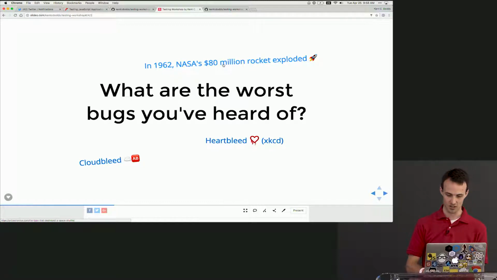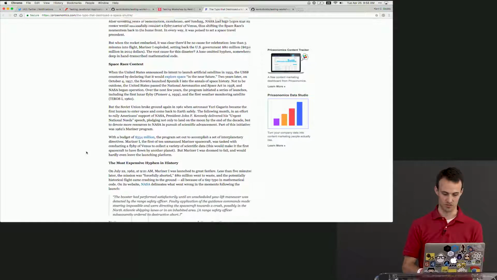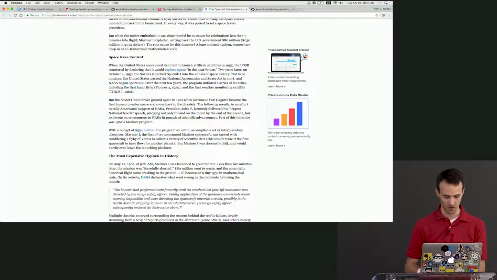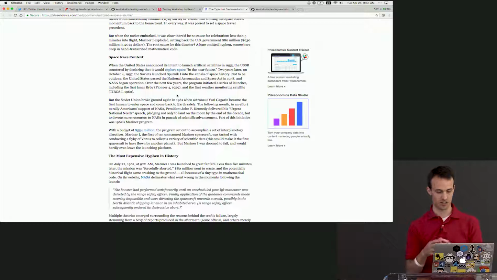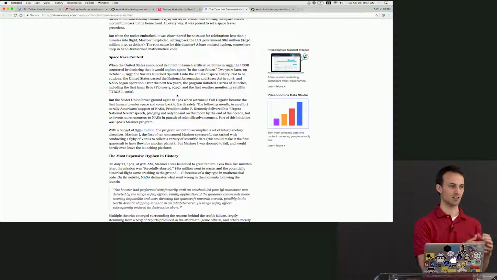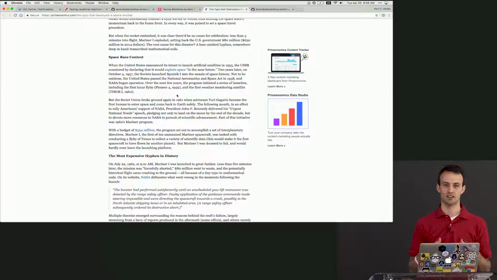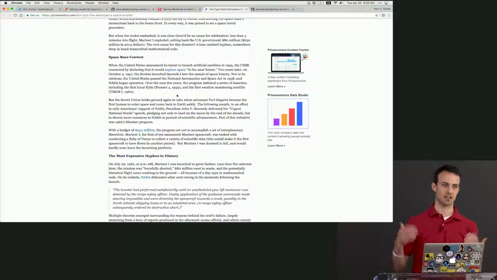So this rocket exploded because of a typo. It was like a missing hyphen. And what was interesting about this one is the code path was actually in an edge case, in an error case, handling an error situation. The rocket somehow gets disconnected, and this code was supposed to say, okay, don't do anything until you get the right information from me. And instead, it decided to just go crazy, and it was falling to the earth.